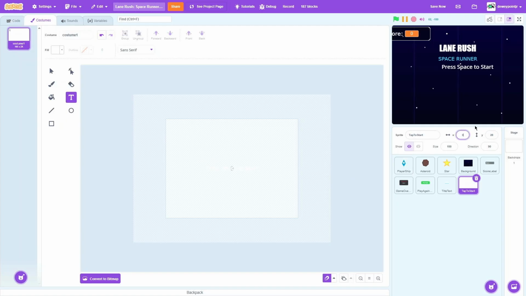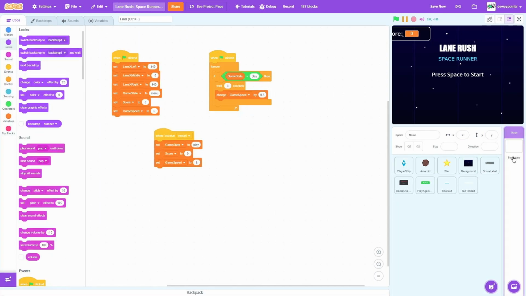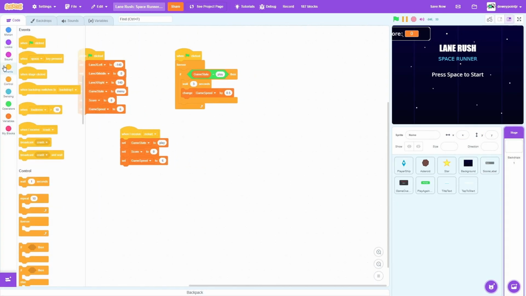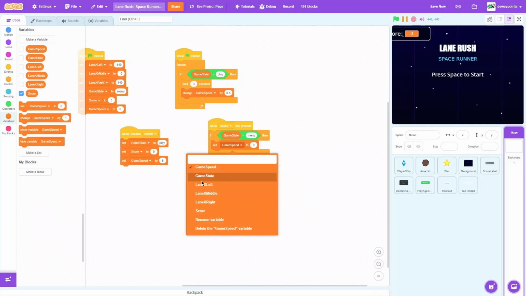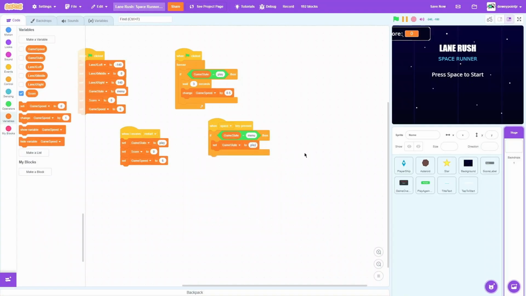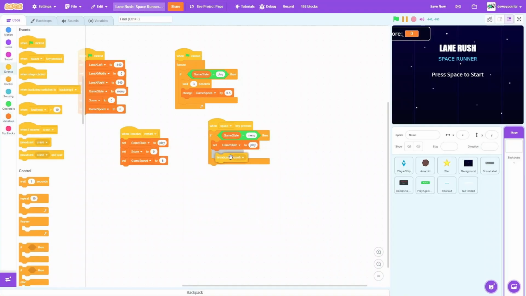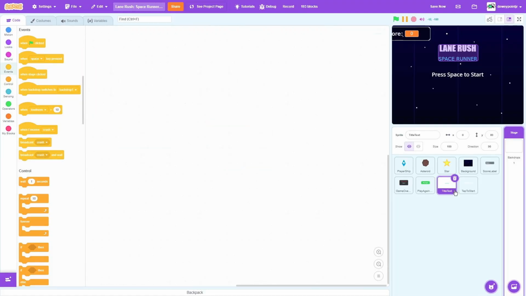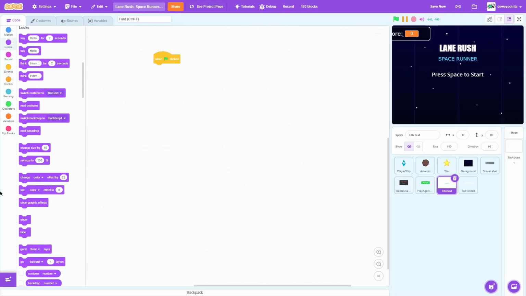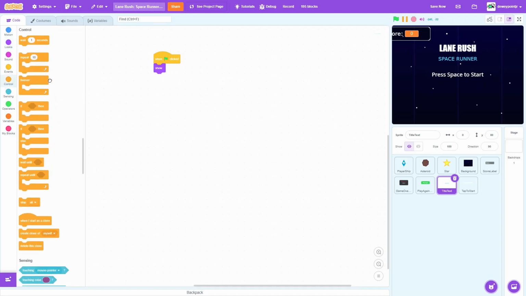And it wants us to put it at 0, 0. Alright, now on the stage, we're going to make it so you can actually start the game. We're going to say, when space key pressed, game state equals menu, set game state to play, broadcast start game. Then in the title text, when green flag clicked, show forever